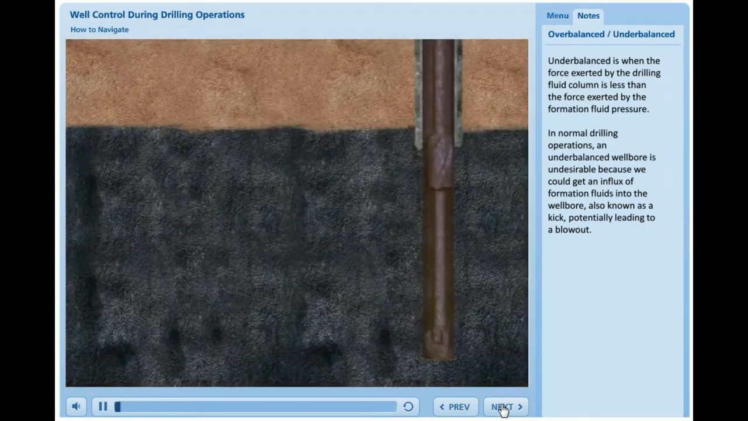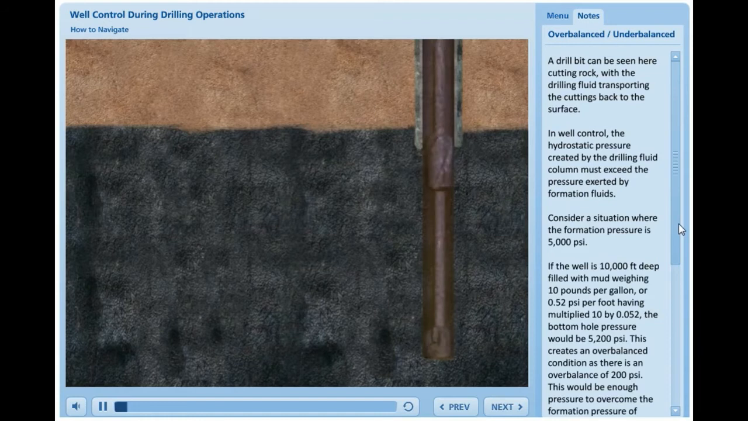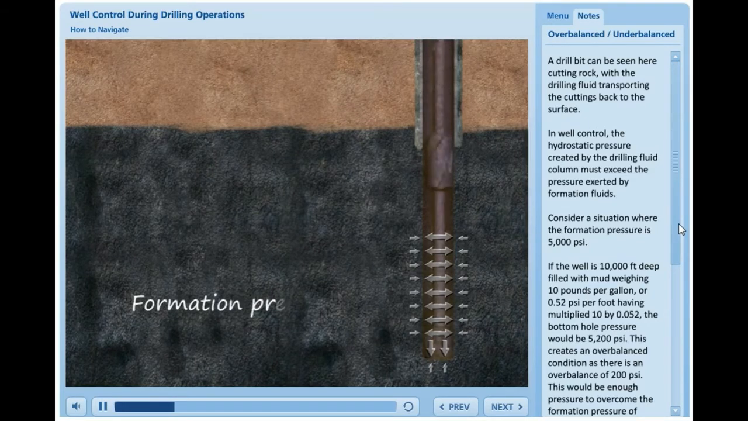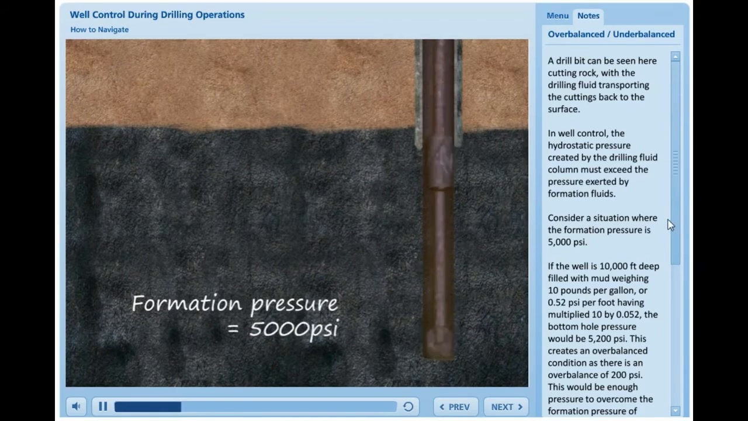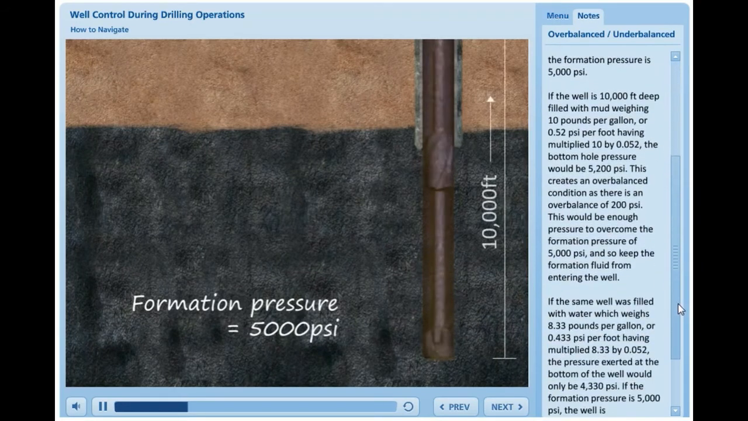A drill bit can be seen here cutting rock, with the drilling fluid transporting the cuttings back to the surface. In well control, the hydrostatic pressure created by the drilling fluid column must exceed the pressure exerted by formation fluids. Consider a situation where the formation pressure is 5,000 psi. If the well is 10,000 feet deep, filled with mud weighing 10 pounds per gallon, or 0.52 psi per foot,